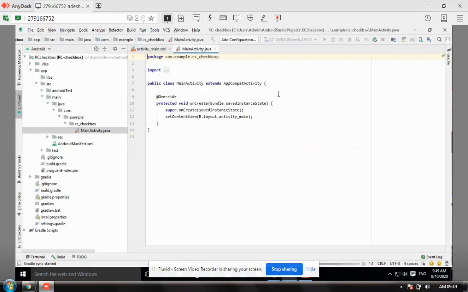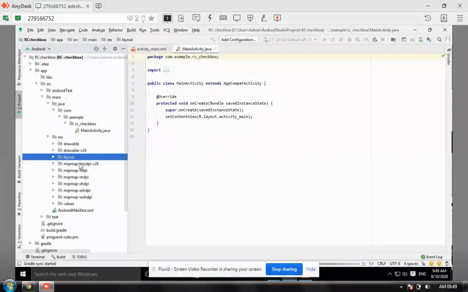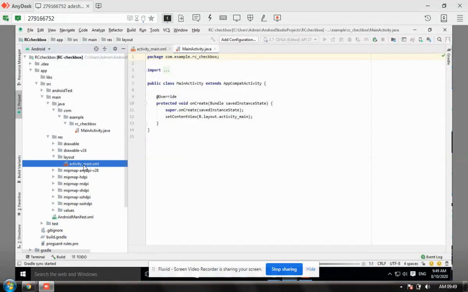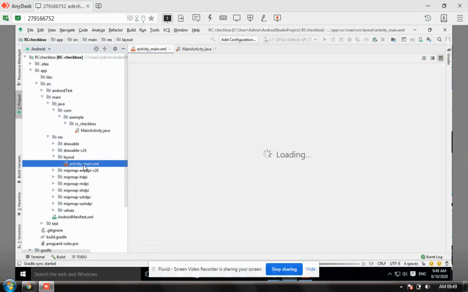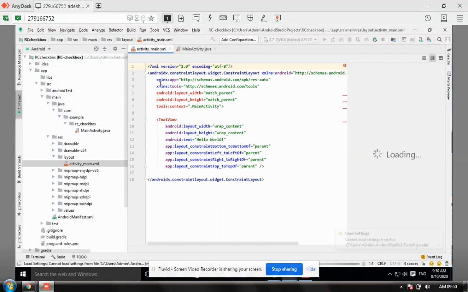I think the file is open. So this is my file. Now if I go into this file, this is my resources folder. In the resource folder, this is my layout. I double click on this layout. It's loading the screen. I think the phone is not connected. Let me connect the phone for 2 minutes. This is the default text view.